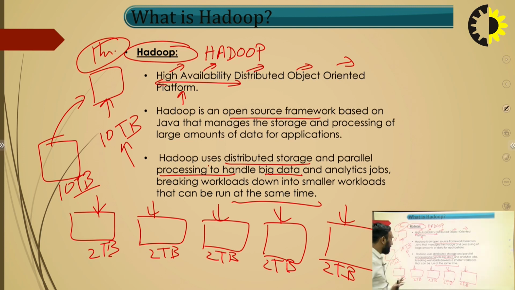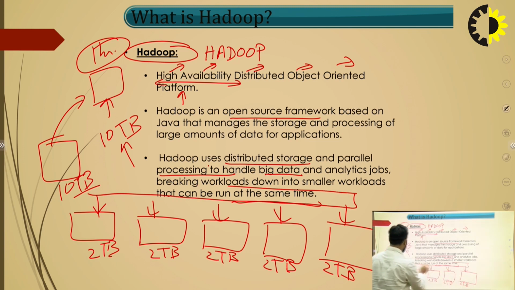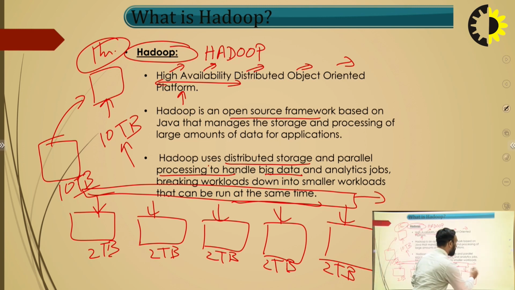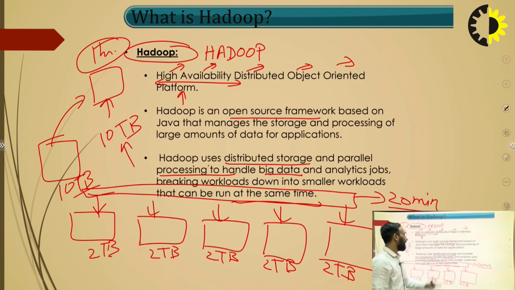But when we distribute this data into 5 nodes and use parallel processing, I will take a hypothetical figure that it will execute in, for example, 20 minutes, because in place of one machine we are here using 5 machines. So that is the basic difference between a server running data availability and Hadoop running